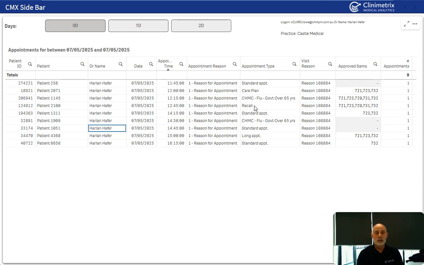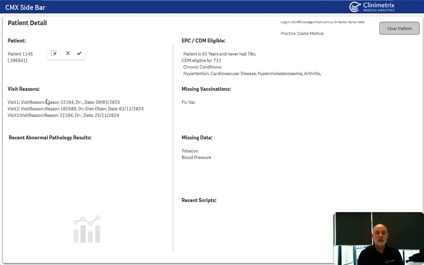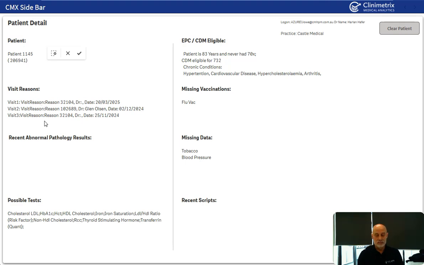How does the tool work? Well, all the doctor needs to do is click on the patient name. It will instantly take them to the reason for the appointment, the last three reasons the patient attended. In this case, obviously it's the demo data, so that's not actually real data. Any abnormal pathology results that have come up for that patient, possible tests for that patient, then EPC and CDM